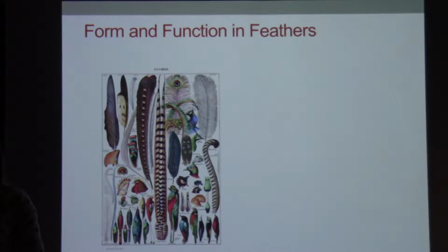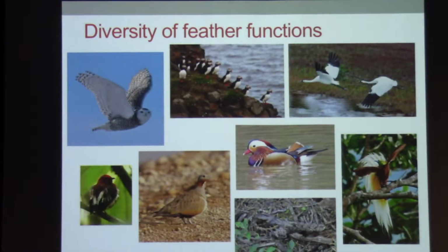So that's probably what I'm interested in, this form and function, and I like to study this because we can answer a lot of questions, right? So first, we stand to learn a lot more about avian phenology, right? These birds are doing so many different things with their feathers that if we better understand that form and function relationship, we can learn a whole lot more about just birds in general, which is great for the ornithologist